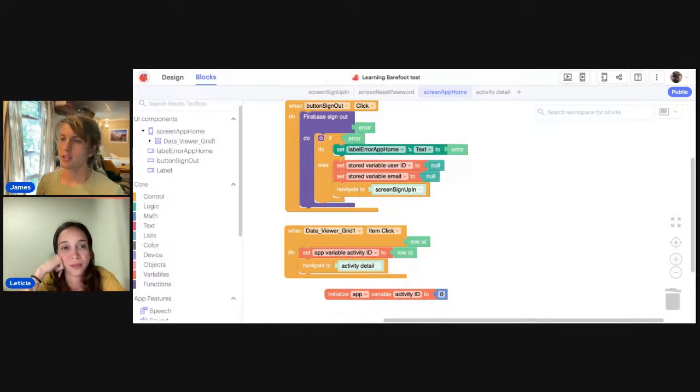If something is not inside of one of those, it happens when the screen starts up. So this one outside is saying, at the very beginning when everything loads, create a new variable and put 0 inside of it. That's why it's not inside of anything.